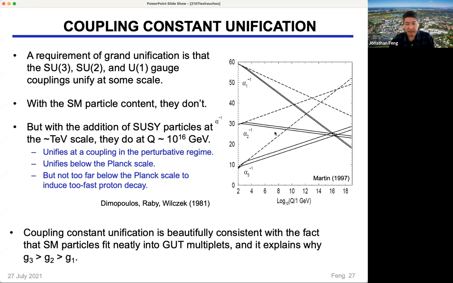Okay, excellent question. So the question is, if you just forget about supersymmetry, just look at the standard model, then they follow these dashed lines and they don't meet. And yes, that means with that sort of minimal standard model particle content, it's inconsistent with the grand unification. So what people have done is say, just put in new particle content at various places to change the beta functions, as you say, to bend these trajectories and get them to meet somewhere. So that's another game you can play, but it's a